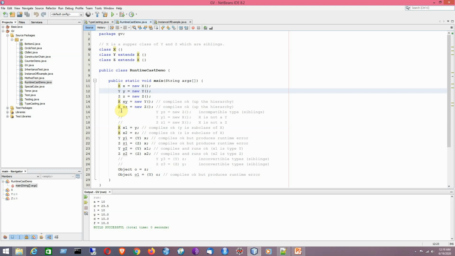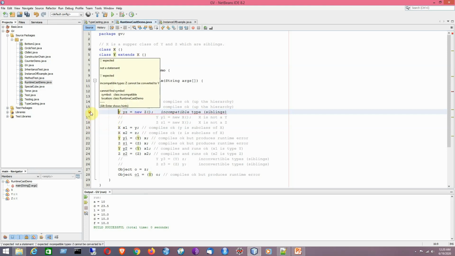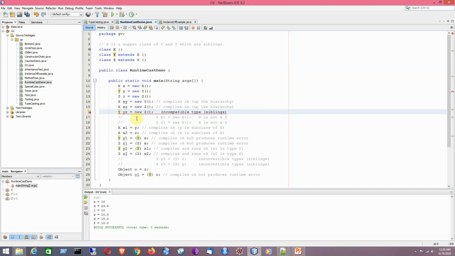Say for example, if I am uncommenting this statement, it shows here that they are incompatible types. So why are they considered to be incompatible types? Because this particular rule is not applicable for siblings.